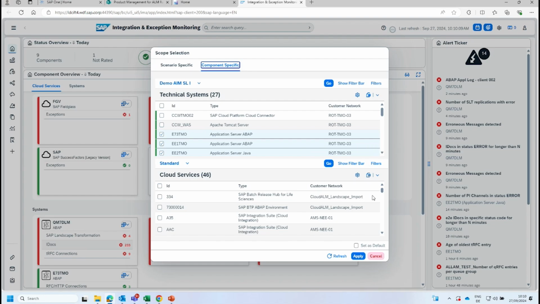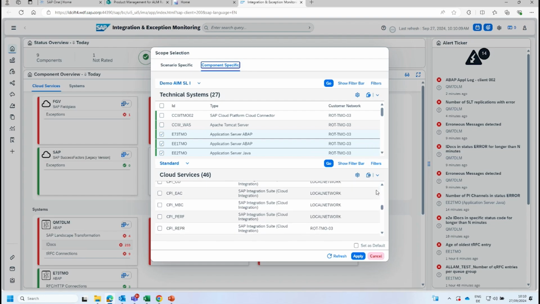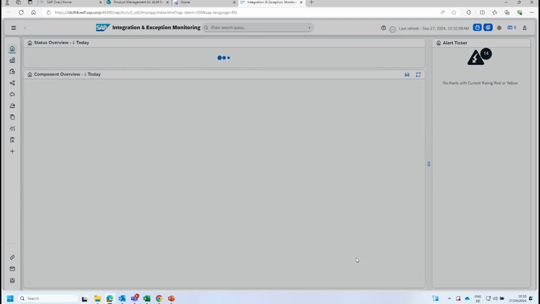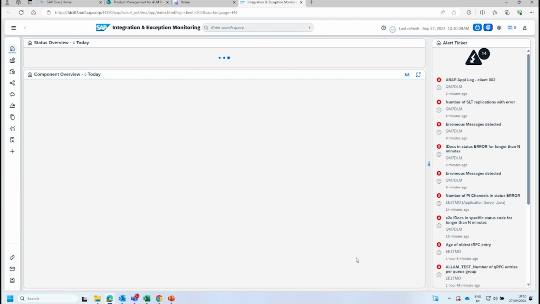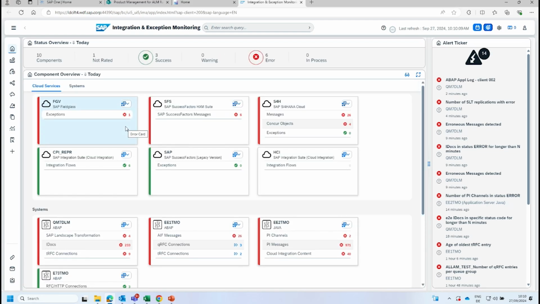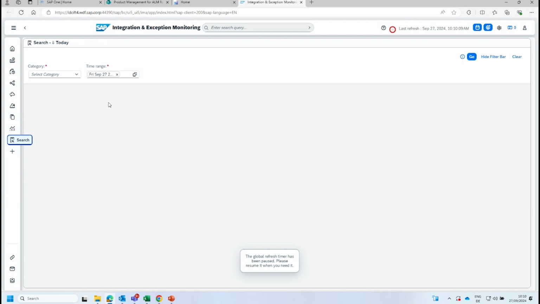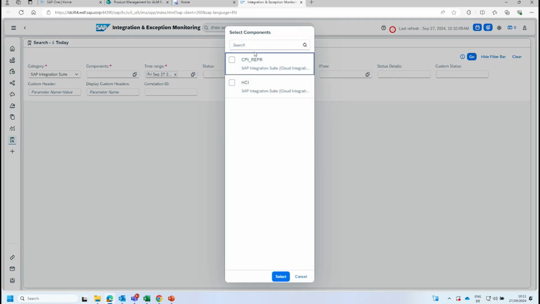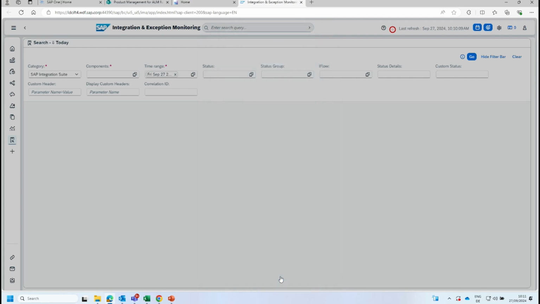I will add certain service that is including a CPI via the scope selection. Applying that, then you have also seen that. And now I'm going to the search dashboard, selecting here as the category my integration suite. I'm having the time range set already to today, so this shows you it's live. And I'm selecting now my CPI component where this has been configured